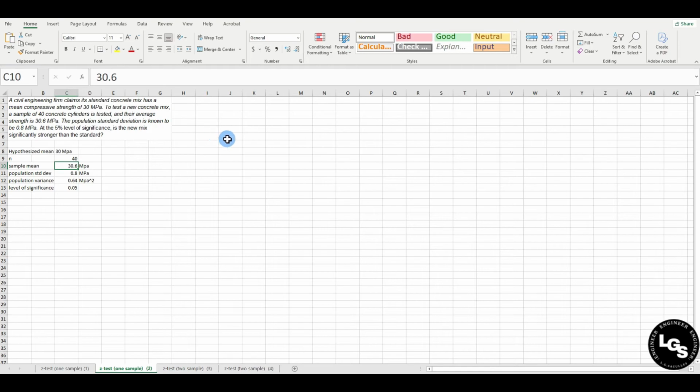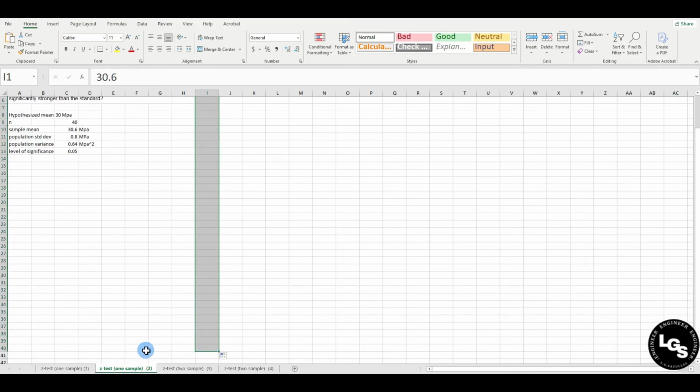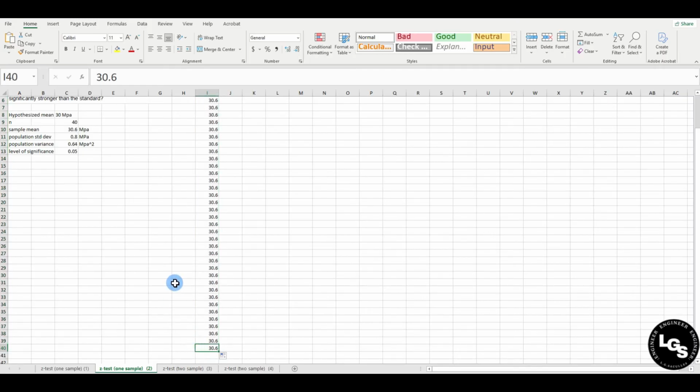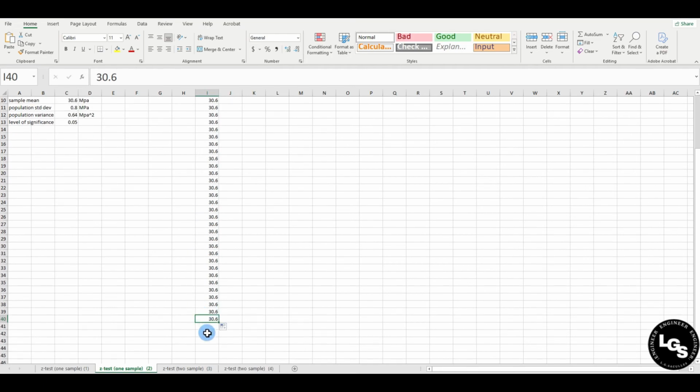So we just want to make sure that the data analysis will read 40 samples. So what we are going to do is input the 30.6 sample mean 40 times. By doing this, we have given the Excel 40 samples. If we get the mean or the average of these 40 samples, it is also equal to 30.6